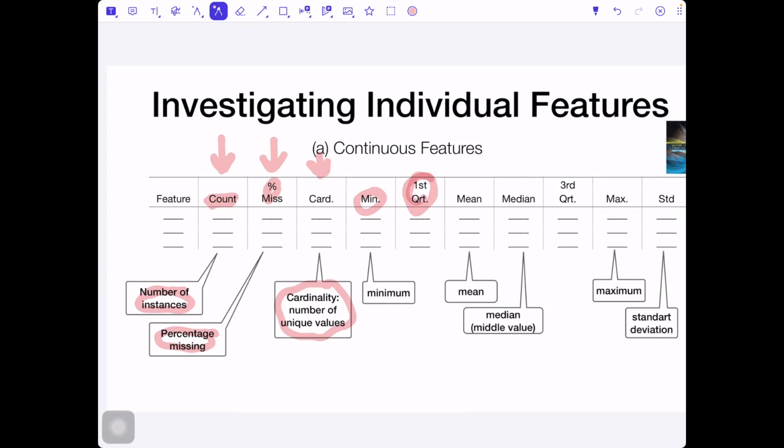Take, for example, the speed of cars on the streets, which could be from, let's say, 10 km per hour to 50 km per hour.